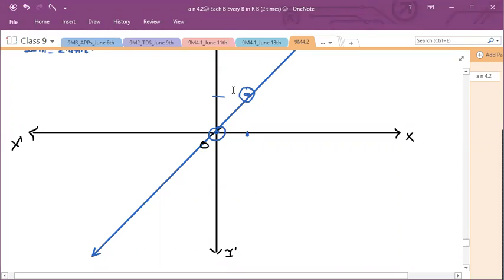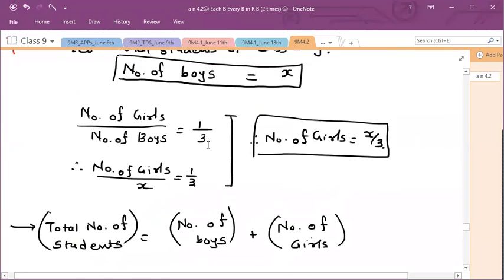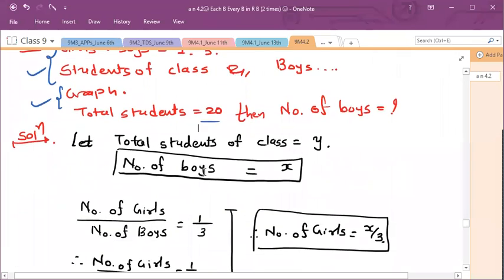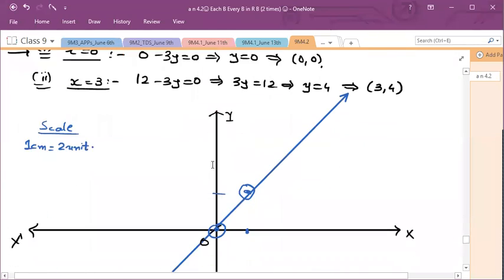So here we have found its equation and here we have plotted its graph. Now, total number of students is 20, then what is the number of boys? Total number of students is y. So in y, where will your 20 be? At 10 centimeters, right? This is your 20, this is your 4, this is your 3, this is 3 comma 4. So for 20, draw a perpendicular line over here,